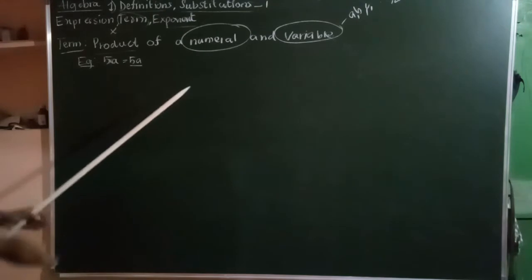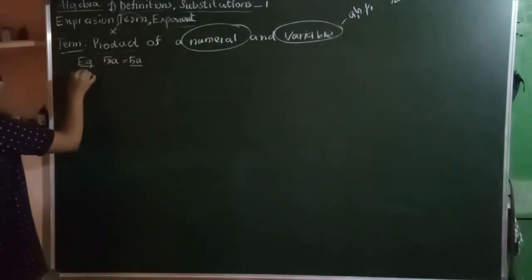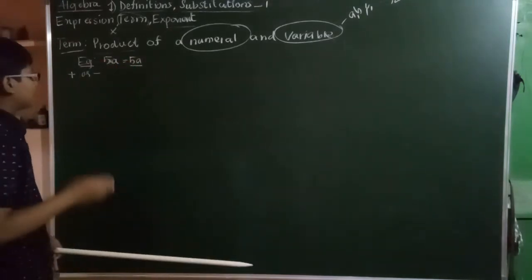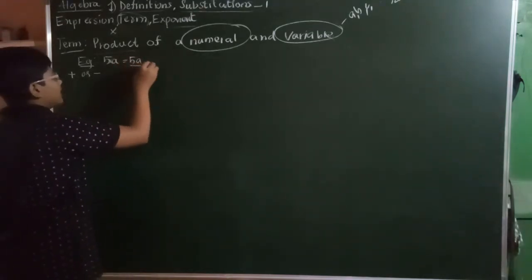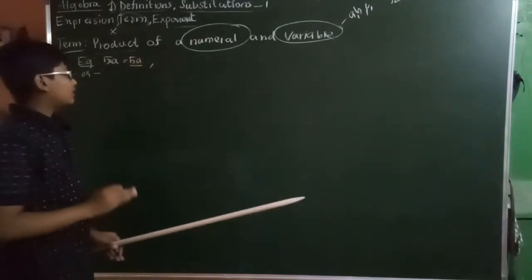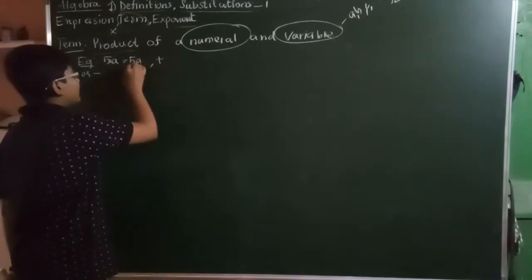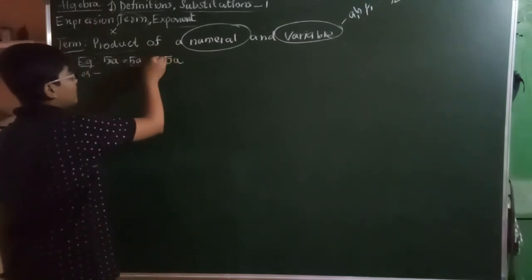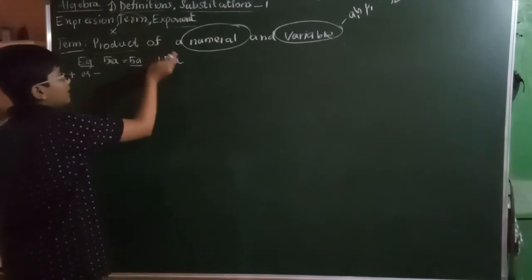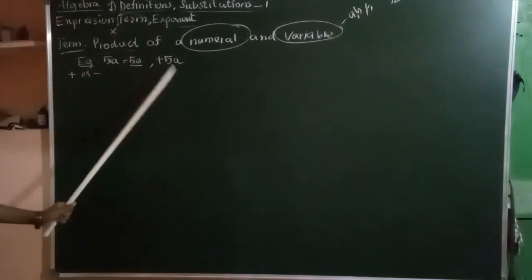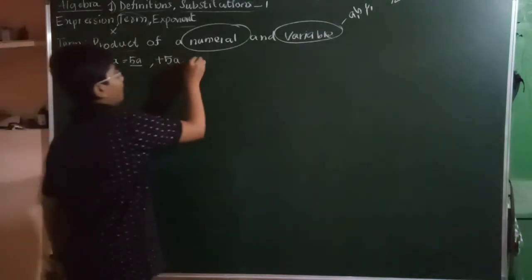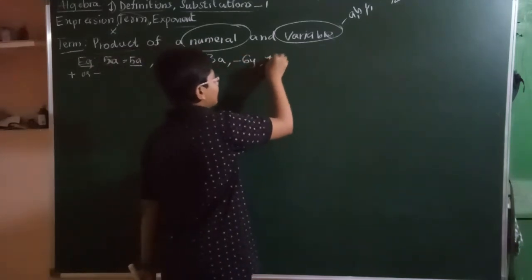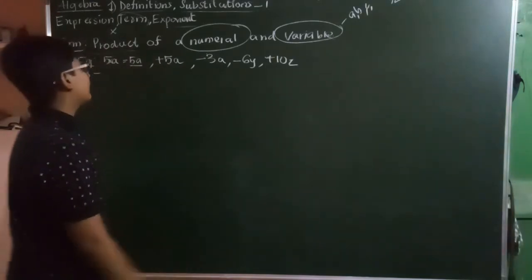See, before any number there will be a sign, plus or minus. Now suppose before 5a there is no sign, then is it a term? Yes, this is the main doubt. Now in algebra, if there is no sign before the term, we should think it as plus. Now here this will be becoming as plus 5a. 5a means 5 into a, and plus is the symbol preceding, means before 5a. Now this is a term. Minus 3a, minus 6y, minus 10z, okay, etc.